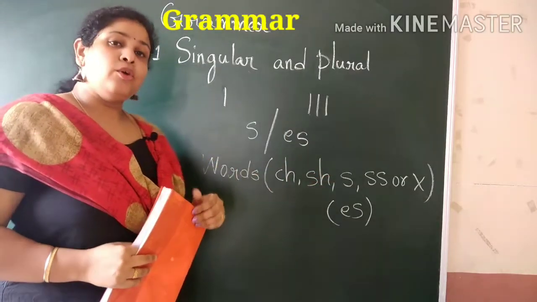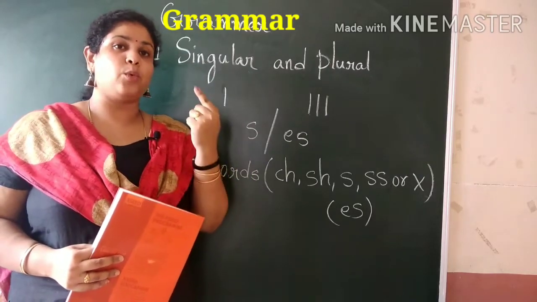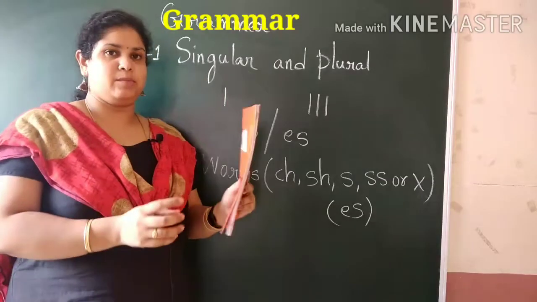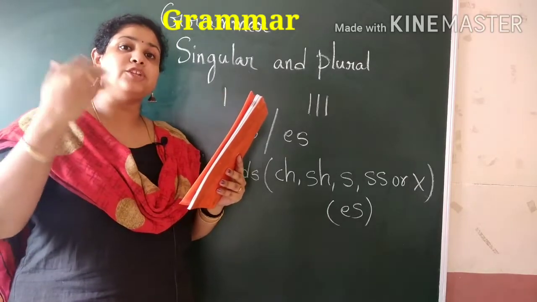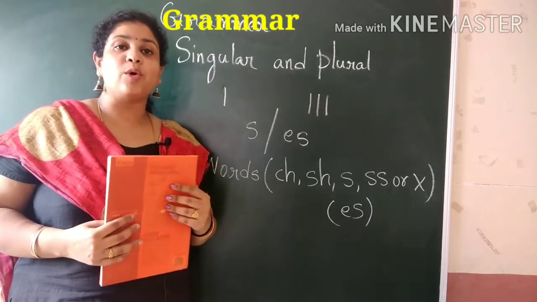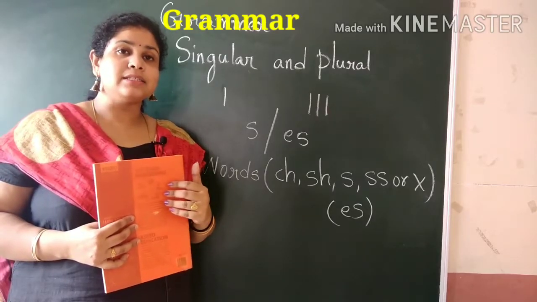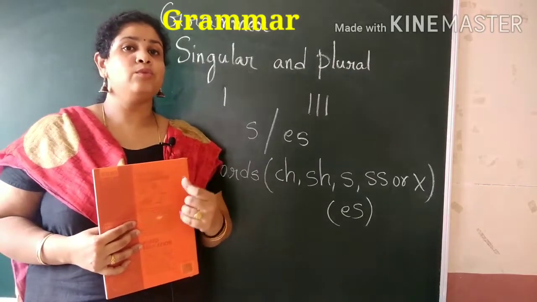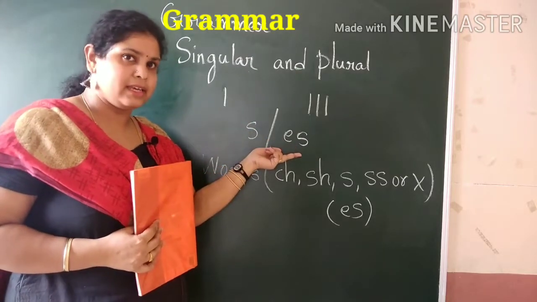Okay? So we need to add sometimes s, sometimes es to make one thing into many things. For example, this is one book. B-O-O-K, book. To make this one book into many, what we need to add? Yes. B-O-O-K-S, books. Class, glass. We need to add S or yes? Yes. Now we will learn this. Sometimes we will add S, sometimes we will add ES.